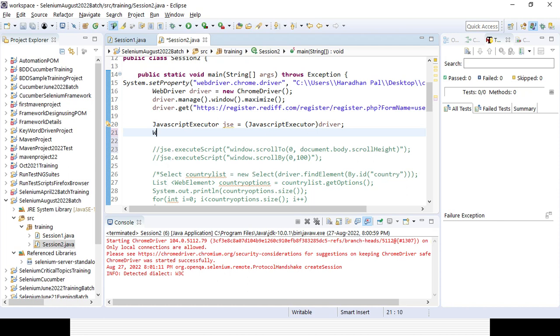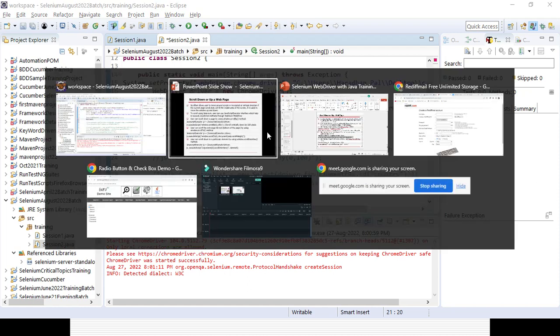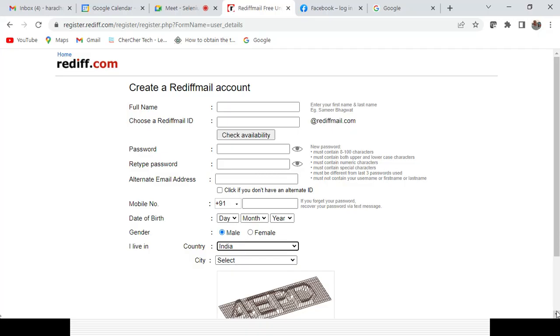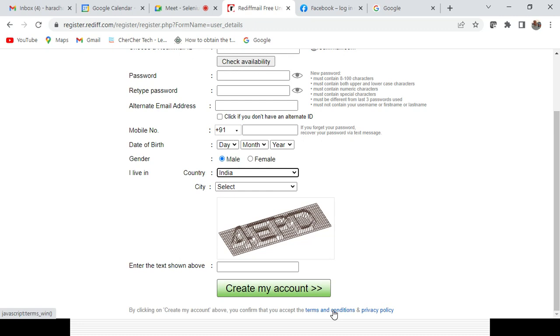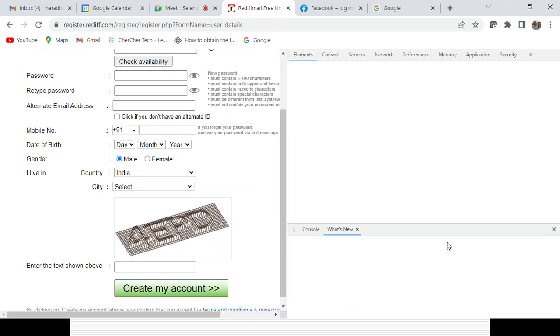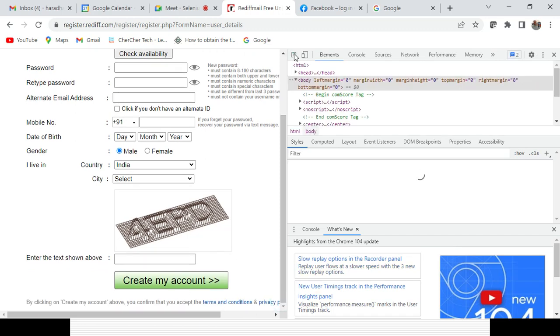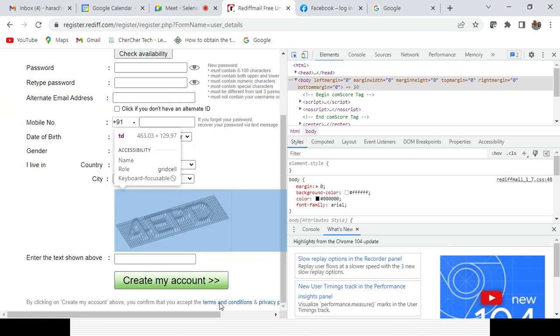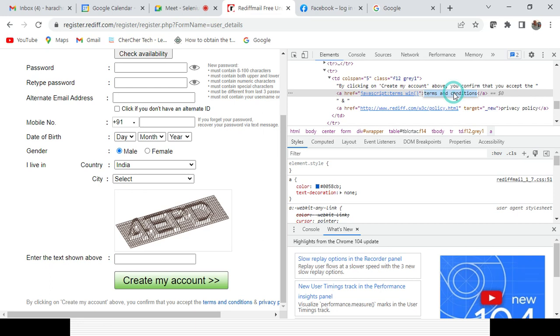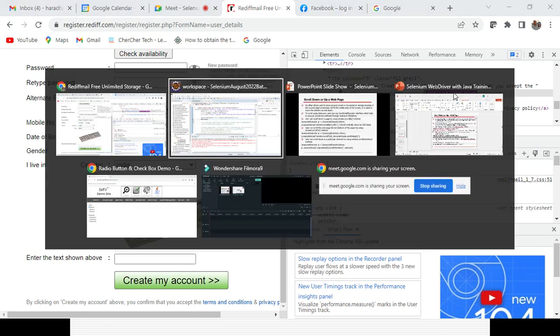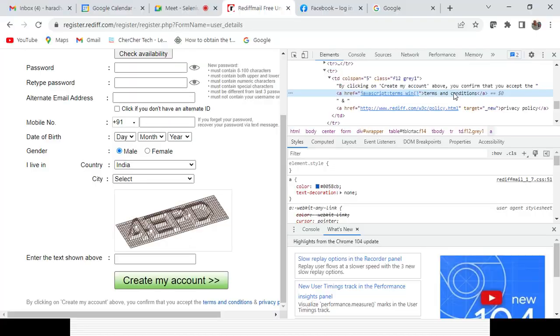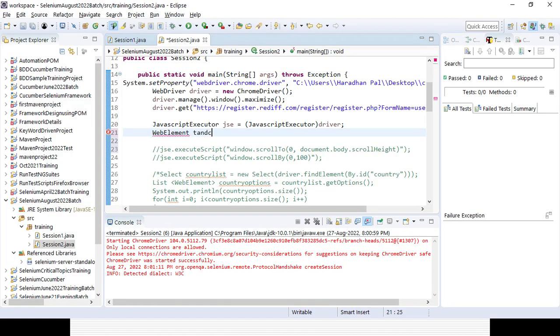Which one do I want to interact with? Suppose I want to view a particular link. As soon as my link is visible, that is fine. Suppose the terms and conditions link: I can press F12 again to inspect it. I want to move the scroll bar so that that option will be visible. It is a link, so I can go with the link text. So the web element, what is the link name? Terms and conditions link, T and C link. That is what I can store it in, equal to driver